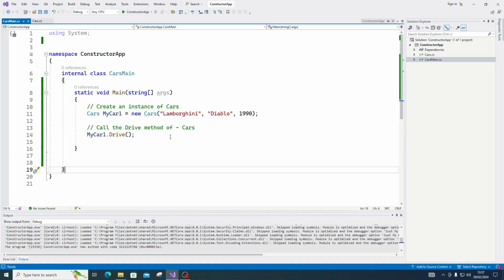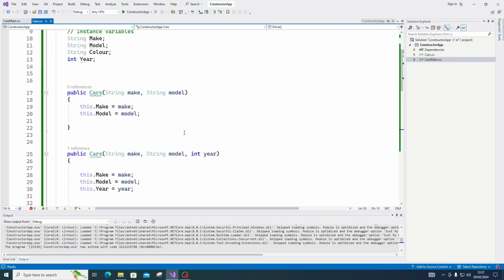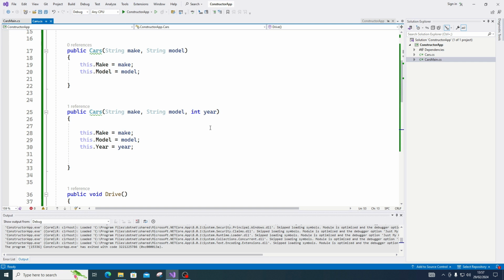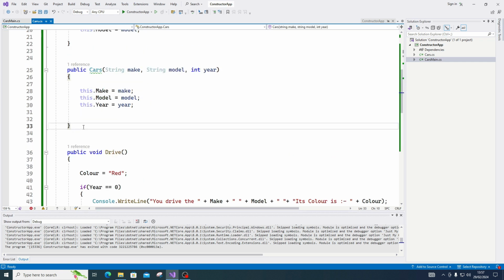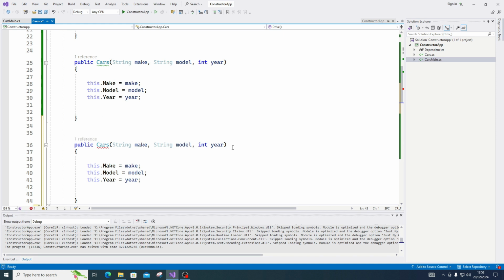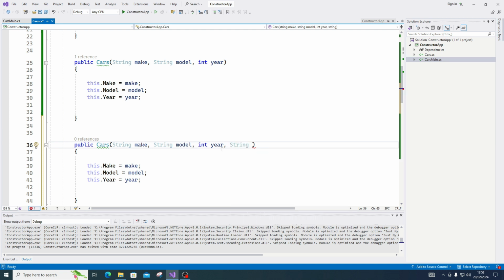Okay, we can add a third constructor into our application, and so that would mean that we don't even have to have a hard-coded value for color. And in order to create the third constructor, we make some space just above the method drive. We can copy and paste the last constructor that we created, and I'm going to add another string to the list of parameters that this method takes, and it's going to be obviously color,